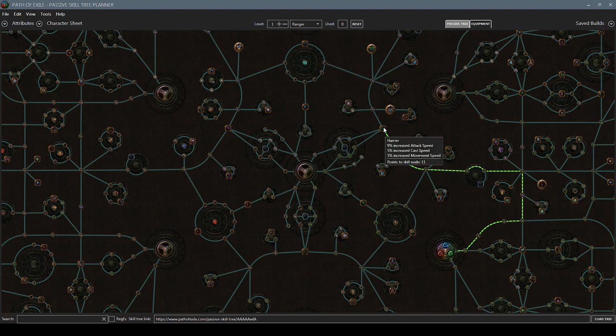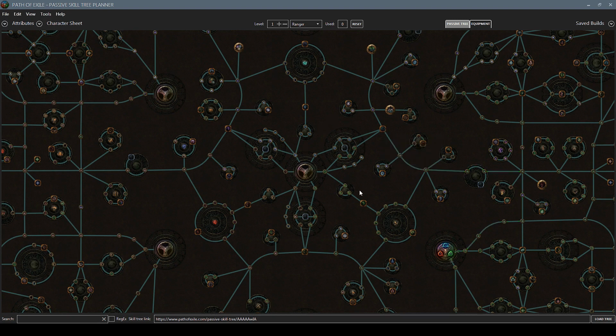And then over here we have Harrier, which has been reduced. It previously was 10, 6, 6, now it's 9, 5, 5. And I'm so sad to see that. Harrier was one of my favorite notables, but it makes sense. It's still pretty awesome. Another thing that has changed in the Scion starting area is that the area of effect nodes here have changed. These are now 5, 5, and 10, whereas they used to be 4, 4, 4. So we've lost 2% increased radius of area skills, but we've gained some damage with the skills, 10% increased with